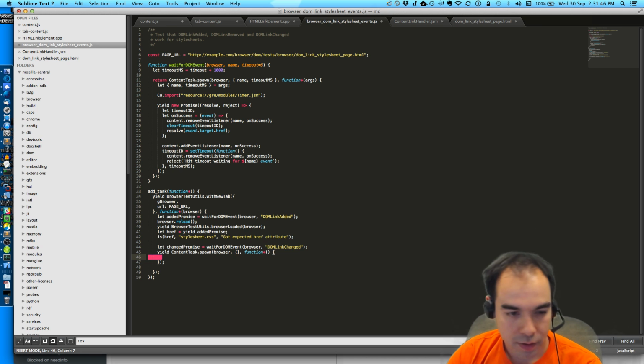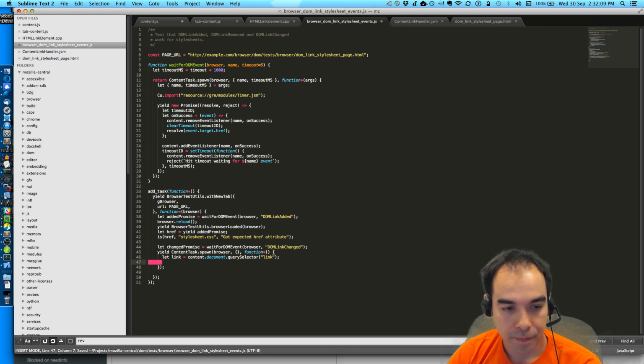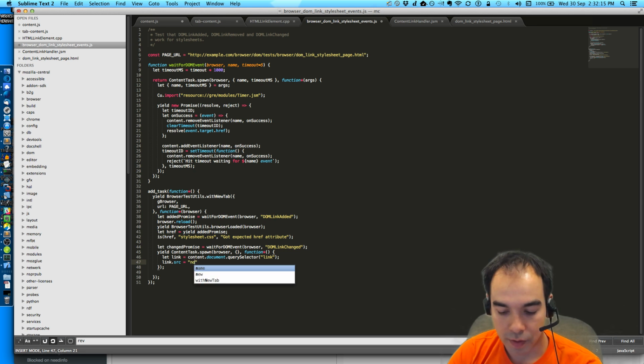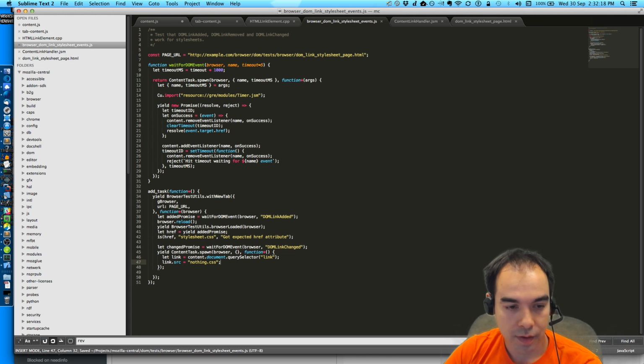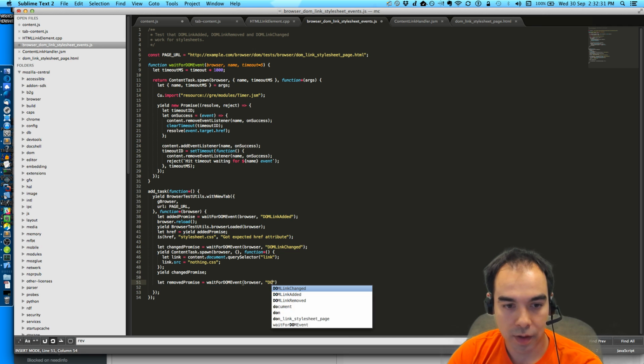And then I will content dot document body, content document query selector link, link dot source equals nothing dot css, and then we'll yield the changed promise, and then let removed promise equals wait for DOM event browser DOM link removed.